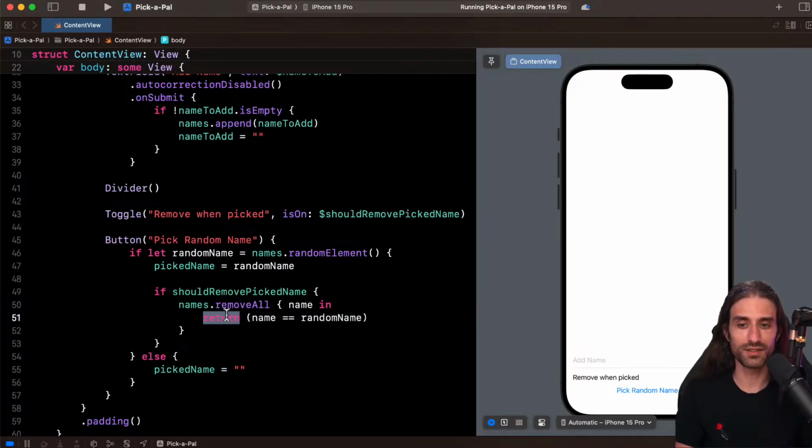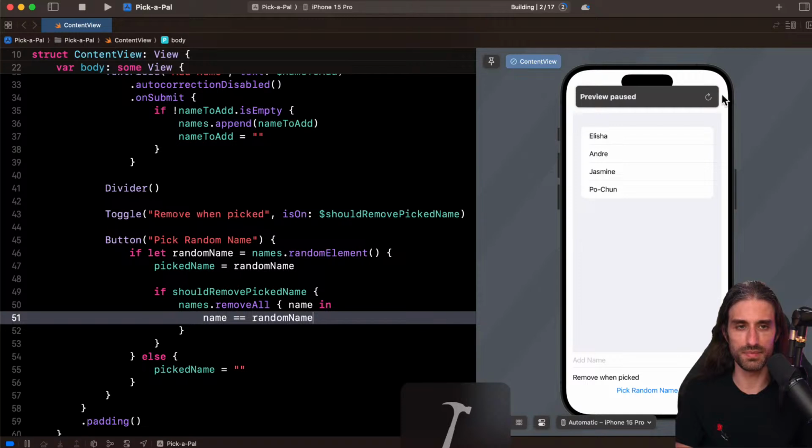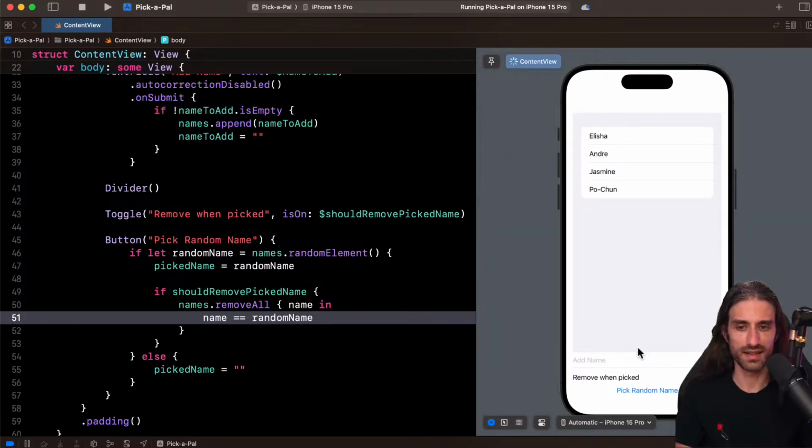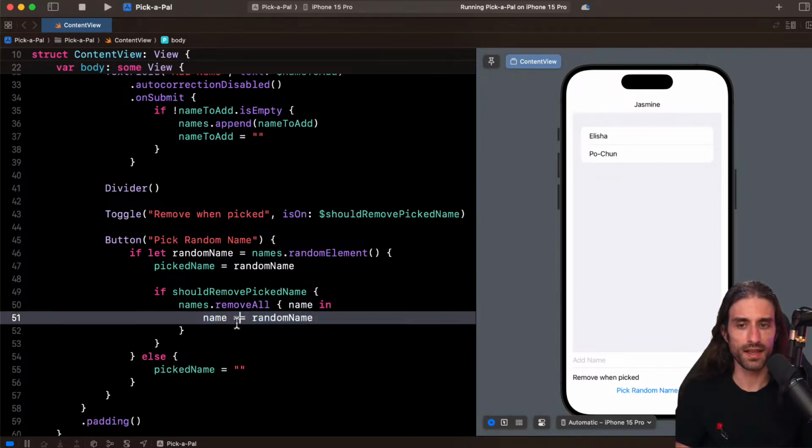So yes, you can remove return. Actually, you can write it just like that, and it should still build and work correctly. Let's try it. Yeah, still works. The reason is that inside a closure, when a closure only has a single expression, you can omit the return keyword. Now this is true for any function in Swift, but it used to be true only for closures before Swift 5.